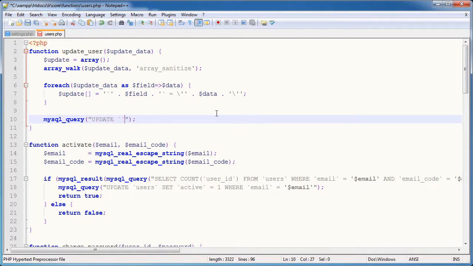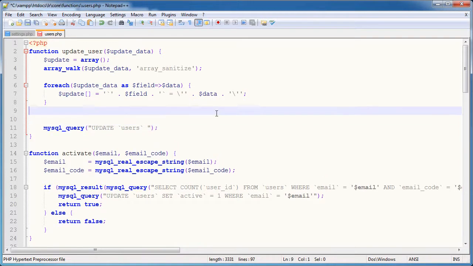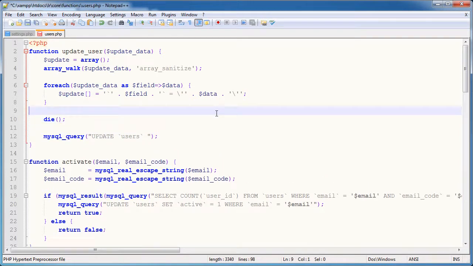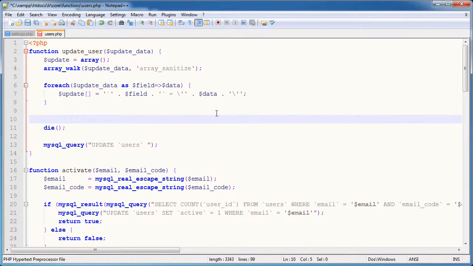We're updating users, and usually we'd say set blah equals blah, but we don't need to do that. We need to implode this update array to make it into a string and join everything together and separate each set thing by commas, if that makes sense. In fact, let me just go ahead and kill the script here and echo implode